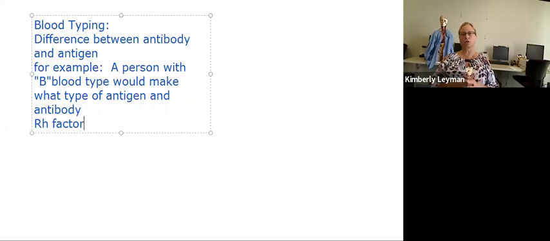Okay, so you should know what the Rh factor is. It's like an additional little antigen that's added on there. So you either have it or you don't. And so if you were B, you could be B positive or you could be B negative, meaning you have the Rh factor or you don't. So taking into consideration the blood type along with the Rh factor,